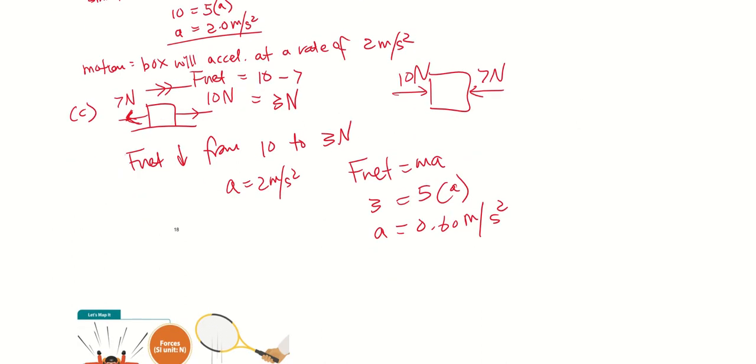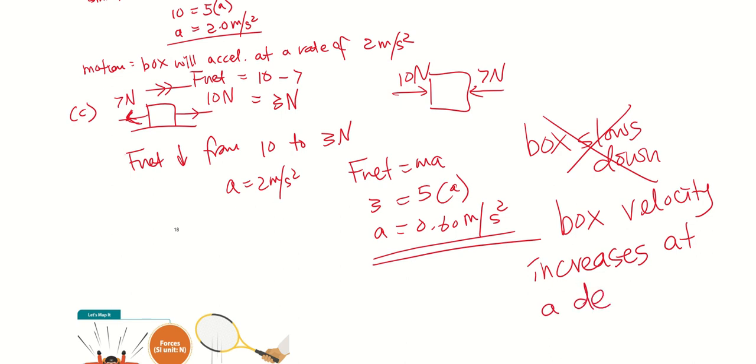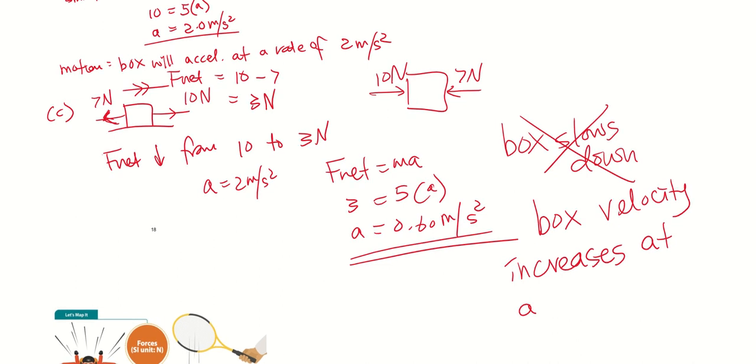Okay, so they want us to state the effect of this on the motion. A lot of you may be tempted to say the box slows down, because the acceleration decreases, but this is incorrect because there is still an acceleration of 0.6. So I'll say that the box's velocity is still increasing. It increases at a decreasing rate, at a lower rate, due to a smaller value of acceleration. Increases at a lower rate